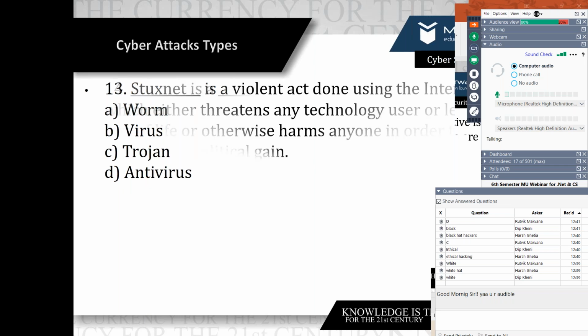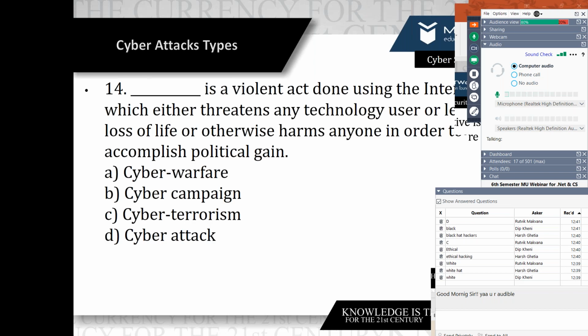Okay, this is the last MCQ. A violating act done using the internet which either threatens any technology used or leads to loss of life, or otherwise harms anyone in order to accomplish a political gain. Now what is the answer?